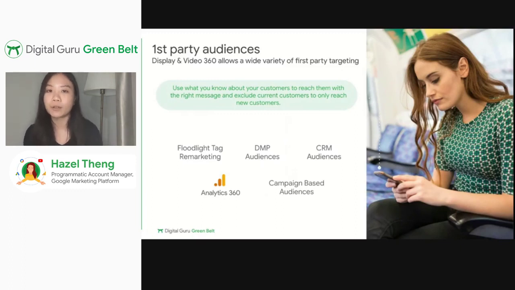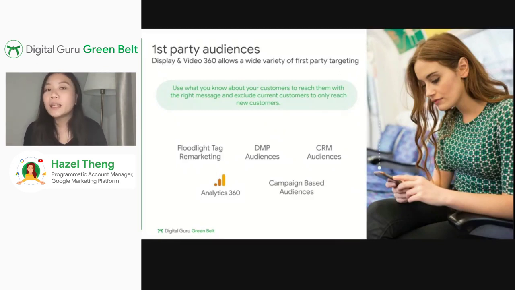Now, I want to look into first-party data segments specifically and what is currently available on DV360 from a first-party data standpoint. As a reminder, first-party data is anything your advertiser owns as their own data about their consumers. There are a number of types of first-party data available on DV360 specifically. First of all is what we call Floodlight tag remarketing audience data. Floodlight tag remarketing audience data is any pixels that have already been placed on your advertiser's site, and audience segments are then collected via that pixel. So that's what we call Floodlight tag remarketing first-party audience data.